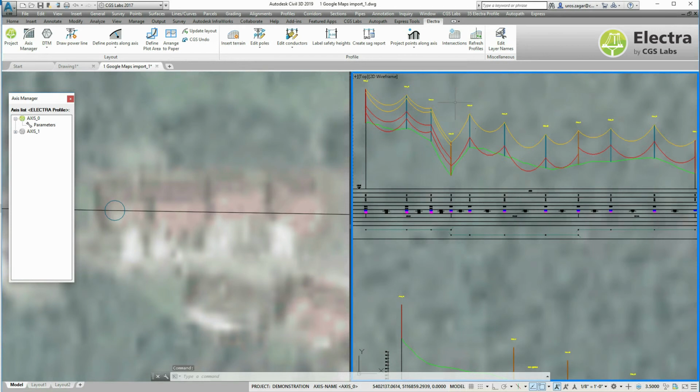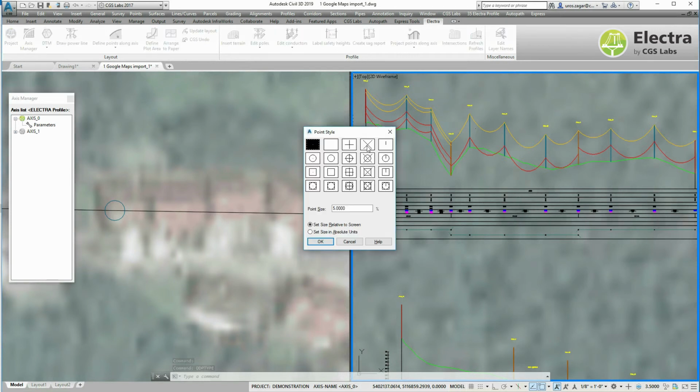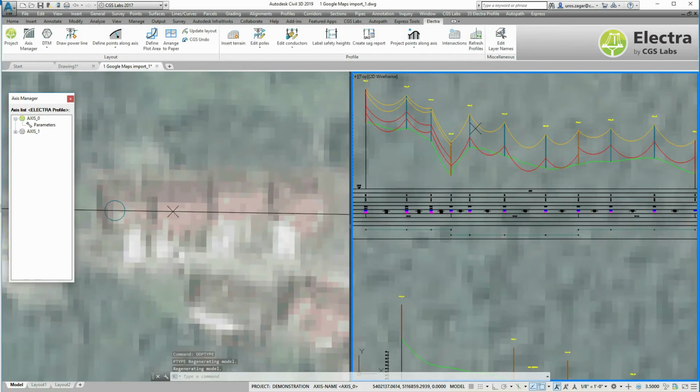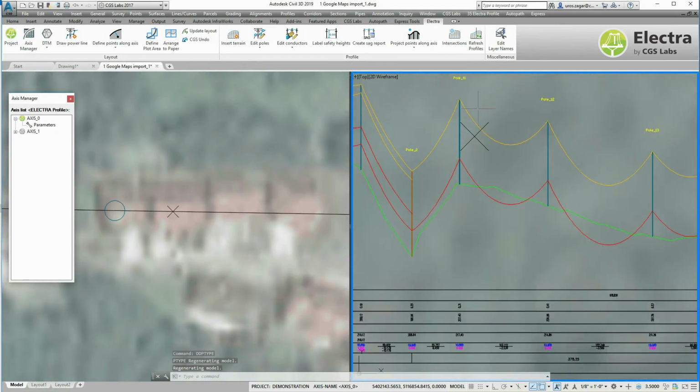And I will change the point types. Let's say the cross will be used for a symbol. And you can see that here is, let's say, the roof that I defined as a point in the layout. And now I can label it and so on. For example, I can use